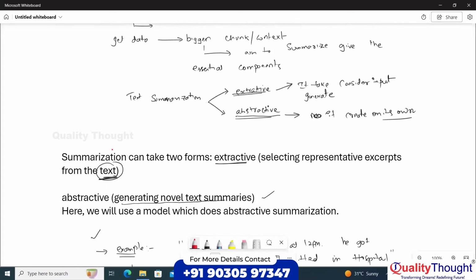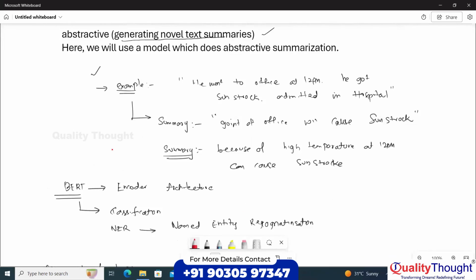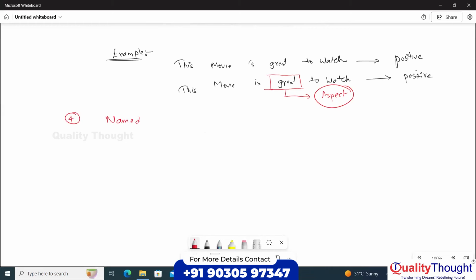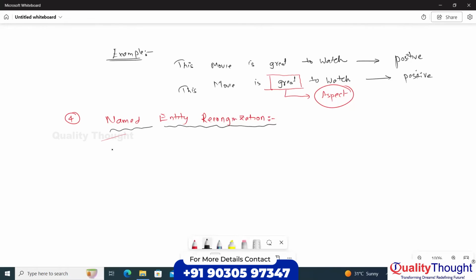Classification, summarization, sentiment analysis. The fourth is named entity recognition. What do you mean by named entity recognition? Why is this important? In real world applications, it is highly important. We want to